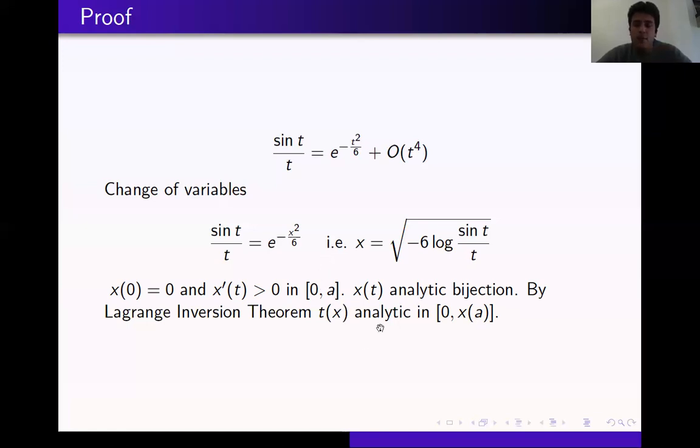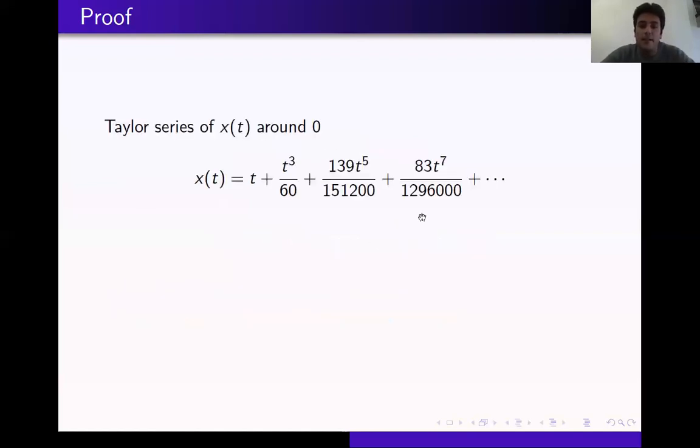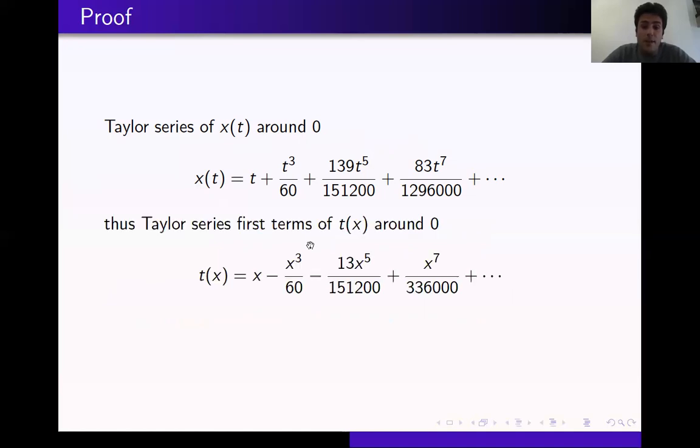What else? So now the idea is the following. Even though t of x cannot be written explicitly, this is the typical trick one shows in one of the first lectures in analysis at the university: even if you don't have an explicit formula for your function, if the inverse has an explicit formula and you can compute, as here, the Taylor expansion around the origin of your function,